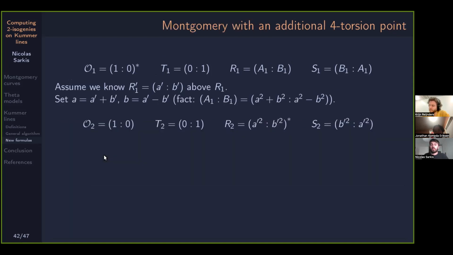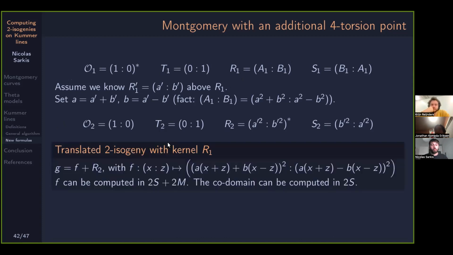But the second case is if you know a 4 torsion point above one of the additional ones. So for instance, you know a 4 torsion point above R1, we call it R1 dash. You can get similarly 2 isogeny formulas with kernel R1 in the same manner, with the same algorithm. You just find 2 quadratic forms that are invariant. And what is nice with